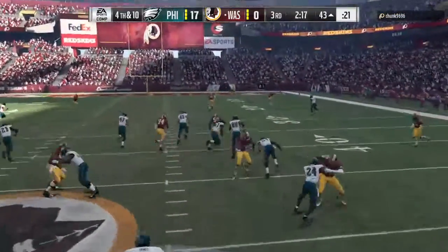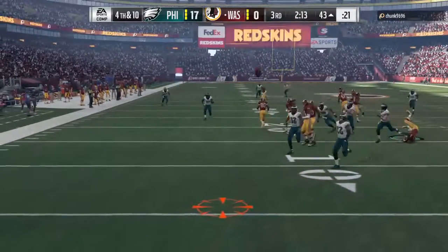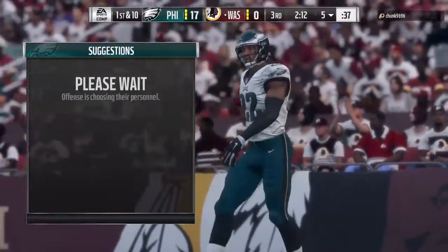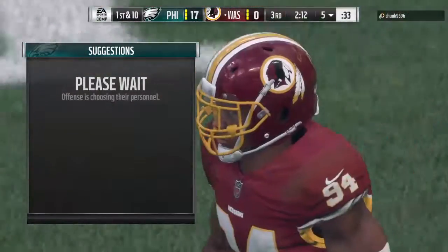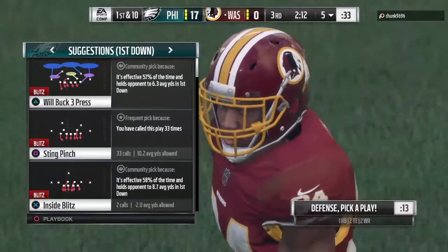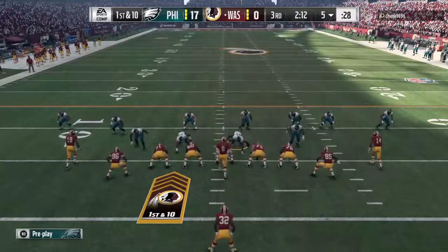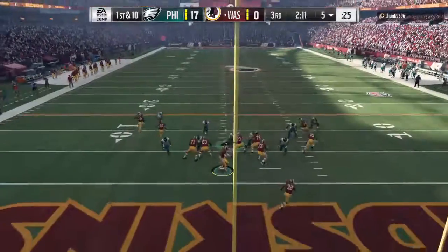Here is the punter Jones as he gets this one away. And a nice job here to down this one right on the 5-yard line. The Redskins offense now, they get set to take over here. And this offense last time turned it over, went for it on 4th, didn't get it. They're lucky, though, because no points against the team on the board, but we'll see how they respond. Yeah, they've got to get a lot of credit to their defensive teammates, don't they? They had their backs on that last series, and because they did so...